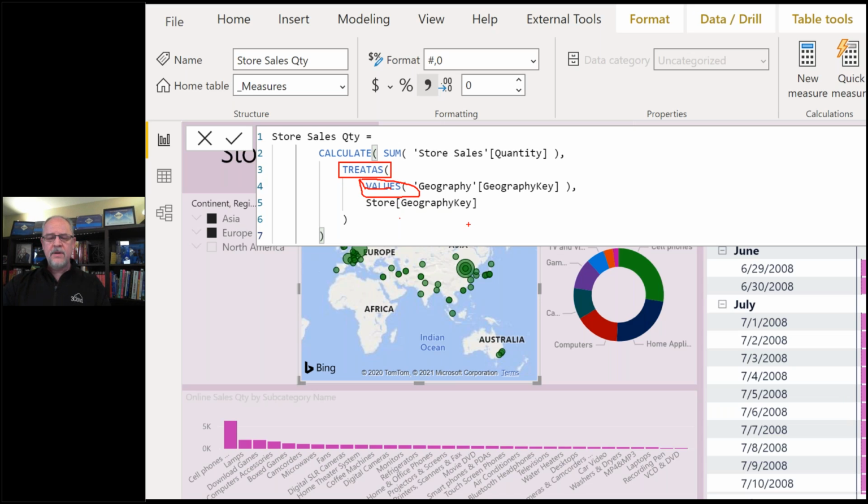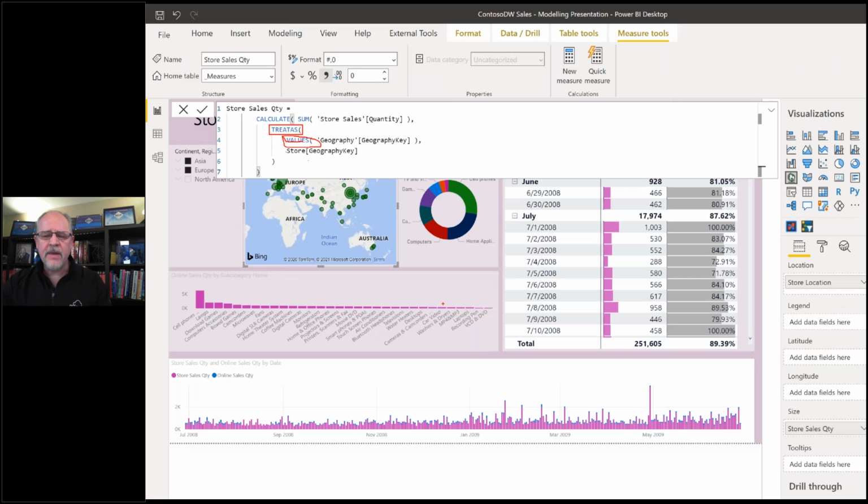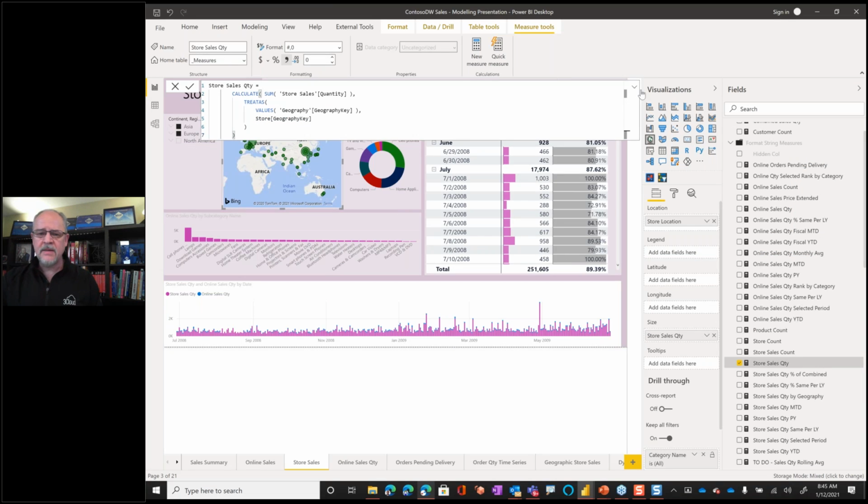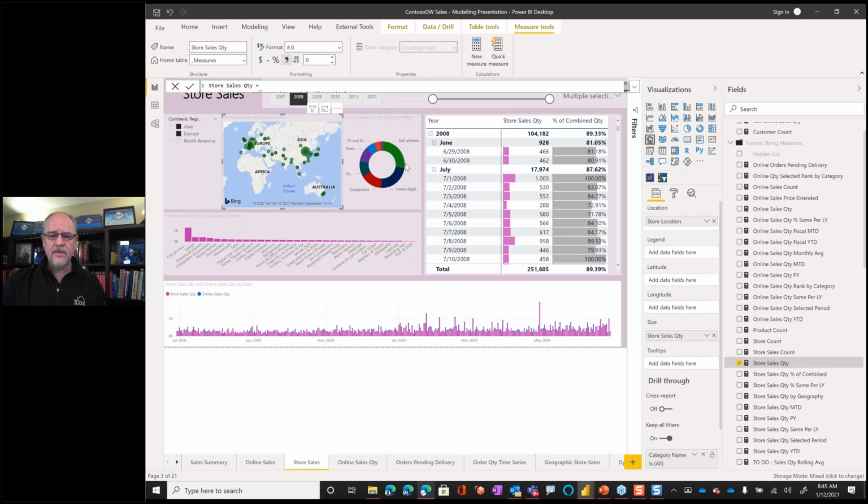Put that into a table using the VALUES function, and then take that table of geography keys and cast it onto the geography key of the store table and filter this table, and then apply the CALCULATE, in this case, the sum of quantity against the filtered keys in store. It emulates a relationship. It's a very, very elegant way to do that, and you can see that it just works. Okay? So let me take this just one step further, and this is actually my next slide.